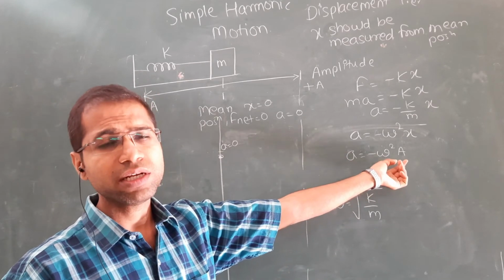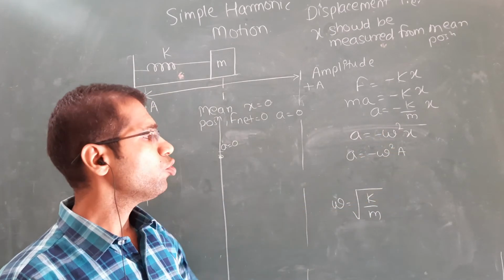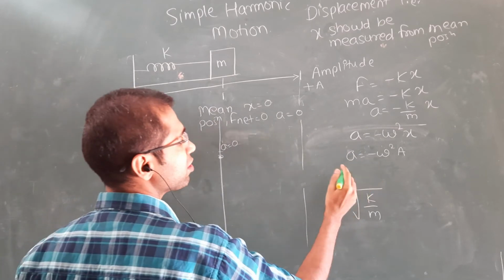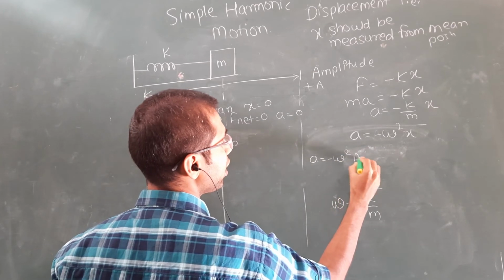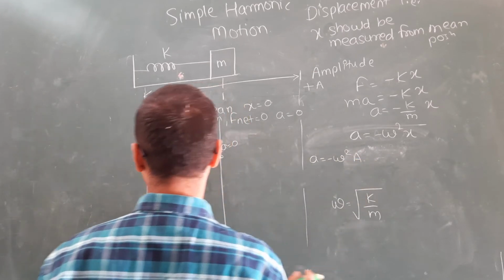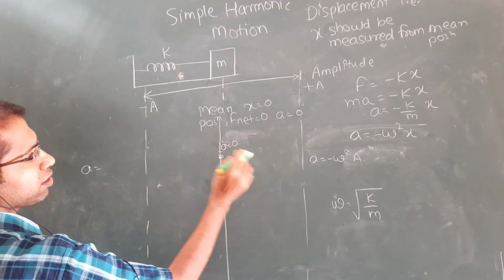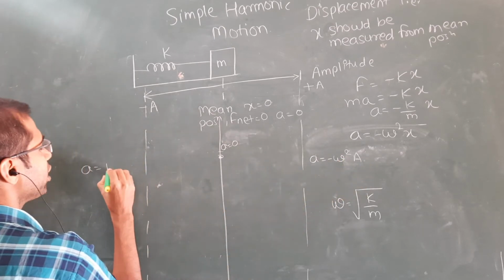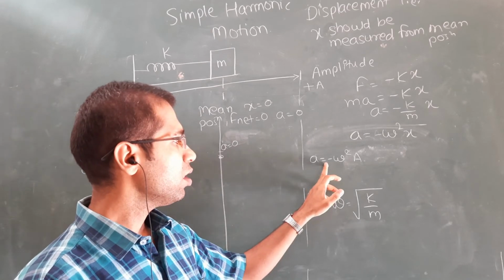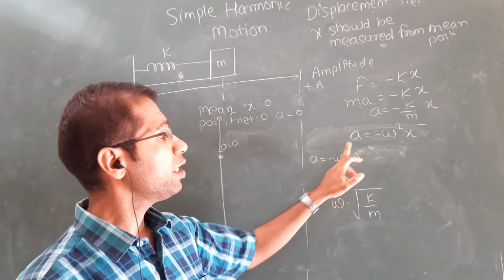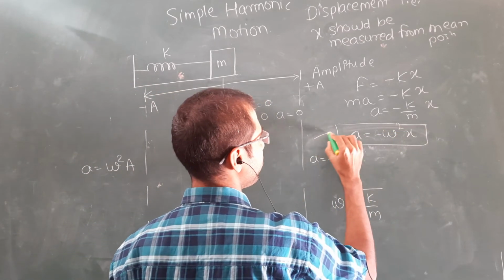Of course, I can put the amplitude positive also and negative also. So maximum acceleration is there at the amplitude: a is equal to minus omega square a on the right side, and on the other side, the amplitude is minus, so minus into minus, acceleration comes as omega square a. A very important thing, the direction of the acceleration is negative here, a is equal to minus omega square x. This is a very important expression, please remember this.